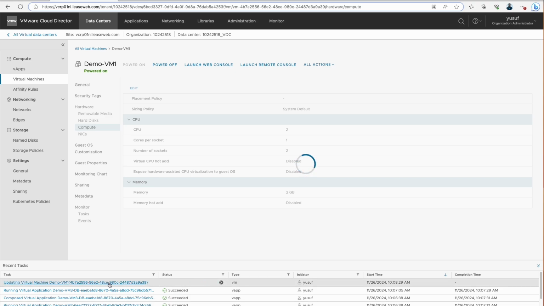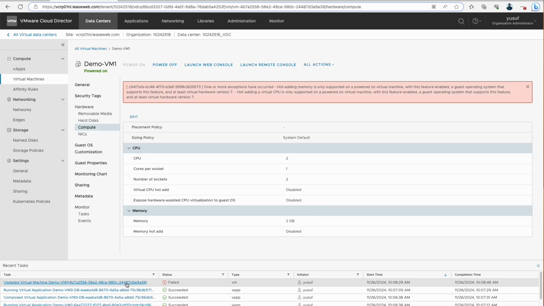So we can see that action also running here. So you can see that this action has failed. The reason why this has failed is because we didn't enable the hot-add feature